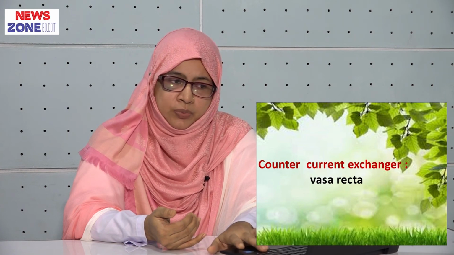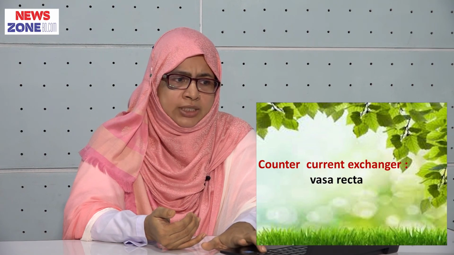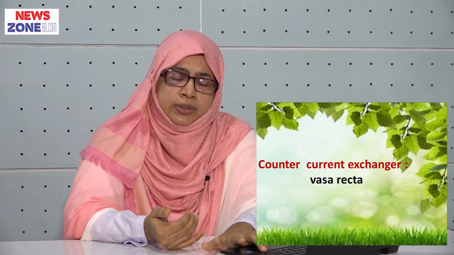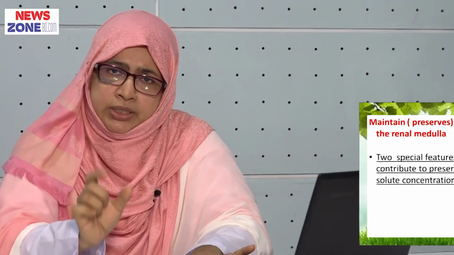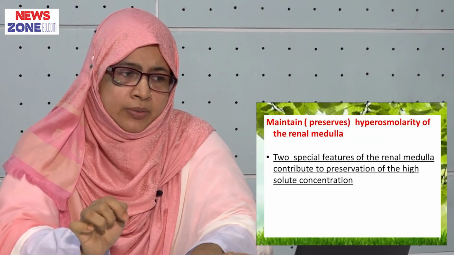We have already mentioned the topic. This vasa recta acts as an exchanger. We know what the vasa recta is. Vasa recta is a peritubular capillary. You know the capillary is permeable to both solutes and water. So it is a U shape. The vasa recta has 2 limbs, a descending limb and an ascending limb.